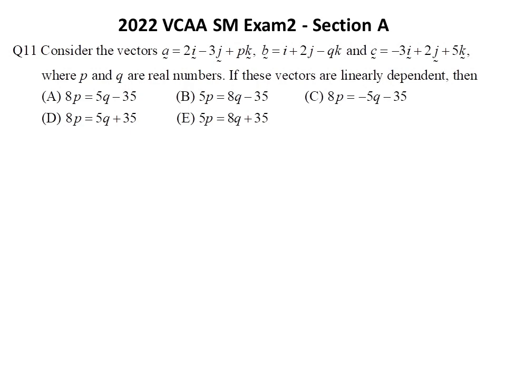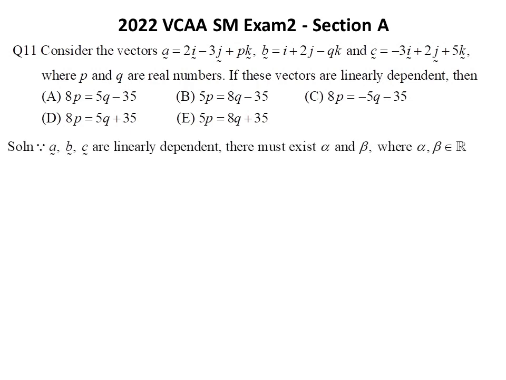There are 3 vectors in question 11. Vector A equals 2i minus 3j plus pk. Vector B equals i plus 2j minus qk. And vector C equals negative 3i plus 2j plus 5k, where p and q are real numbers. The question here is to find the relation between p and q if vectors a, b, and c are linearly